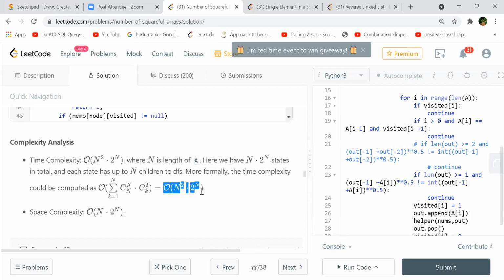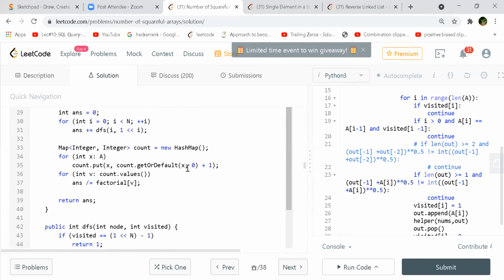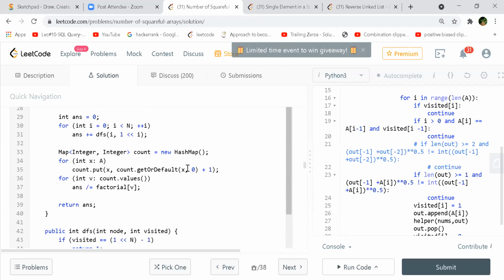There has to be an intuition for that, right? Mathematically, to me, it seems like it is n square plus 2 raised to n. Either you take or you don't take, and then after that some parts for the division, but still it doesn't go beyond that. It won't be n square plus 2n, right? Because if you look at line number 30, can you scroll up a bit, Shashank? On line number 30, you're going for a DFS for each and every node, n times the DFS. So n into 2 raised to n is clear because DFS will be 2 raised to n, no? Either you take it or you don't take it.